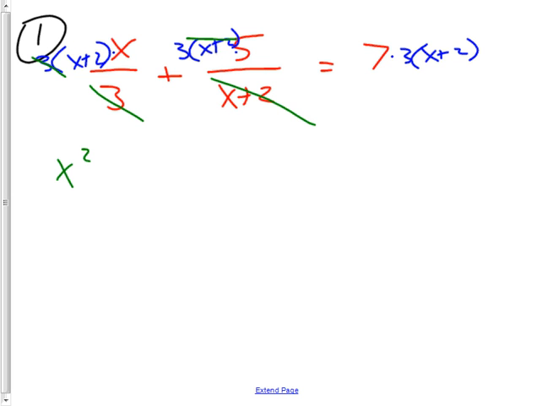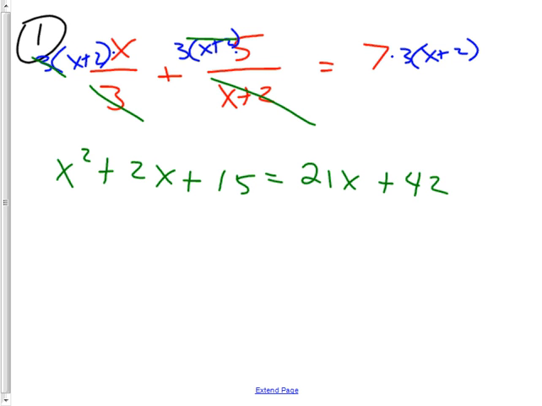x squared plus 2x plus 3 equals, I thought that was going to be worse, but a lot of that canceled. 3 times 5 is 15 equals 7 times 2 is 21 times x is 21x, and then 21 times 2 is 42. There's so many little places to make mistakes. I don't think these are necessarily that hard. They're just so many